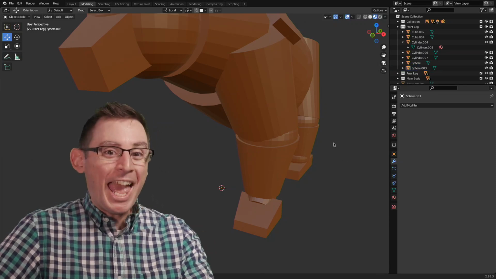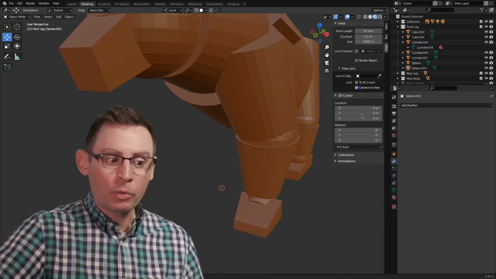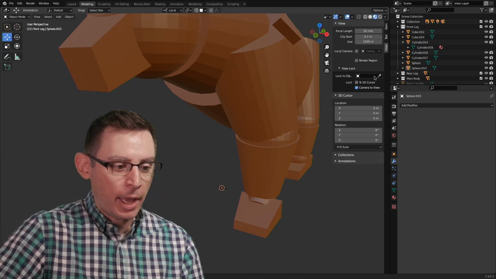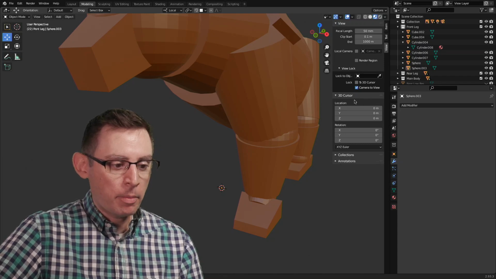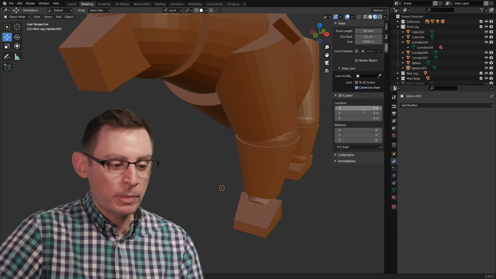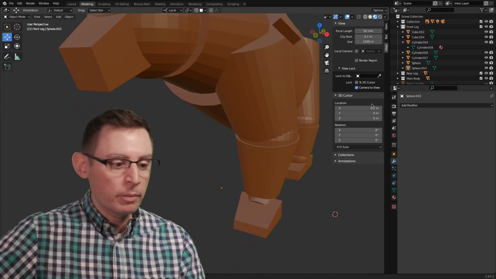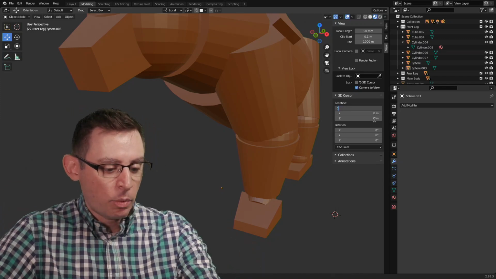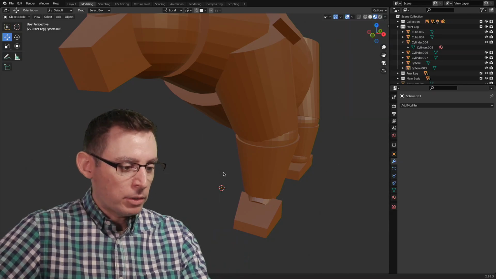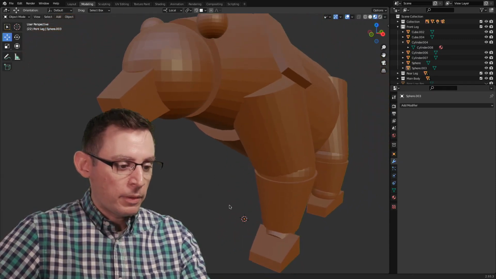If you click the N key, N as in November, it's going to bring out this little palette on the right side of your viewport. And down here, I'm in the View tab. Down here at the bottom of the View tab, we have a category that's devoted to the location of our 3D cursor. So if yours is way off over here at 6.2 meters or wherever, you can just zero all these out. And that's the easy, quick way. There's also some keyboard shortcuts, but I like using the manual flyout menus from time to time. Okay, so my cursor and my origin point are now at the center.